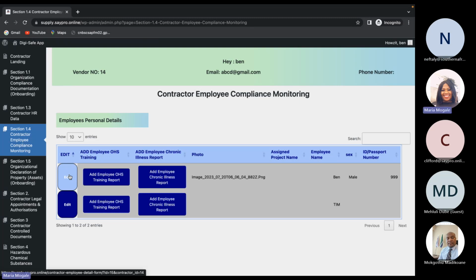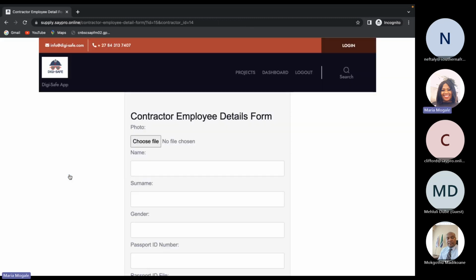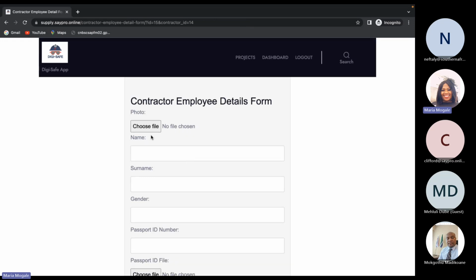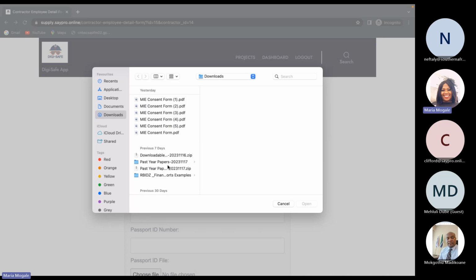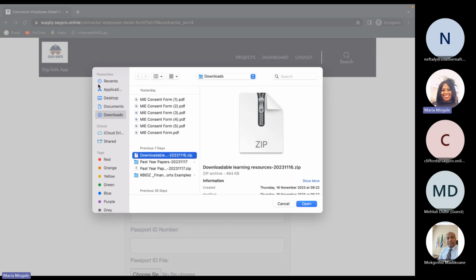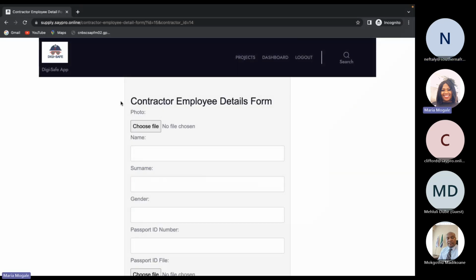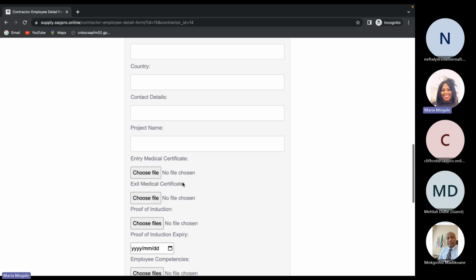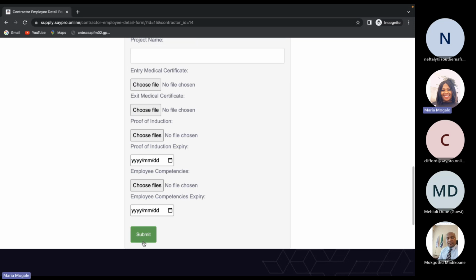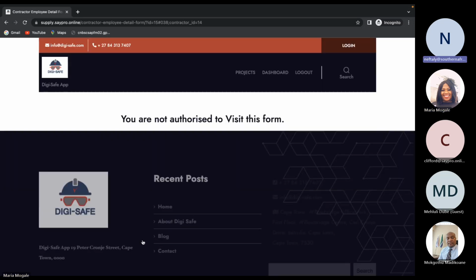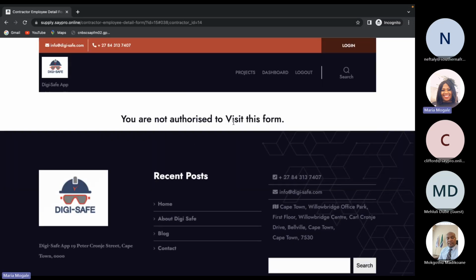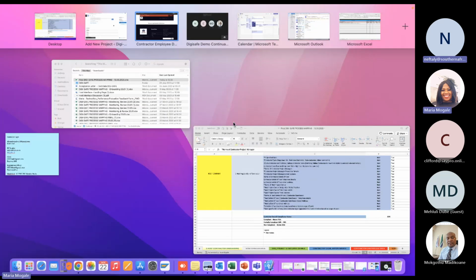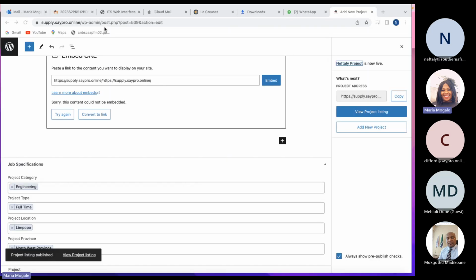Let's say it's here, that section. I come and open it, it says view, and then I'm able to put that information. Now they said I must attach my medical certificates, I do whatever, then I send it. I put the name, all the information that's on that form. I complete it, and after completing it, I submit it, right? Yes. After I've submitted it, remember this is the contractor. Yes. As a host, I should receive it.